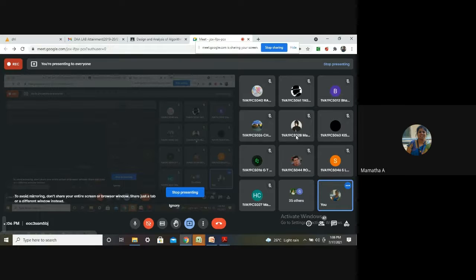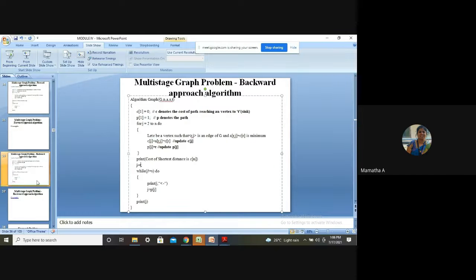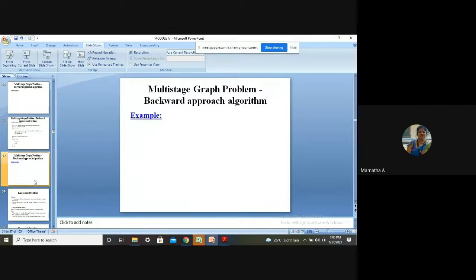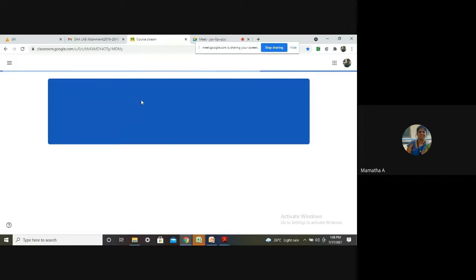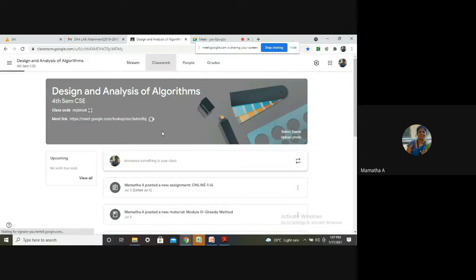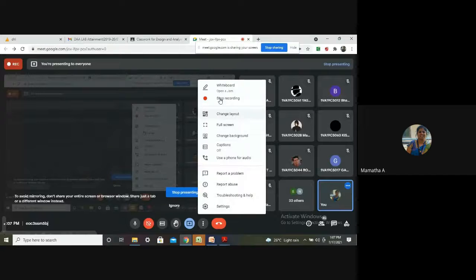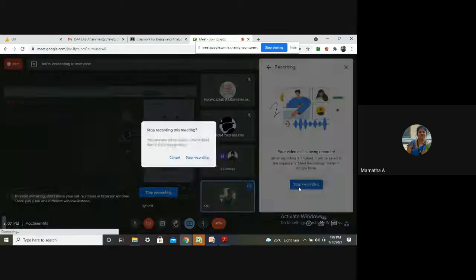Okay. So what is a multi-stage graph? Can anybody define it for me? What is a multi-stage graph, students? Definition of a multi-stage graph. Can anybody define what is a